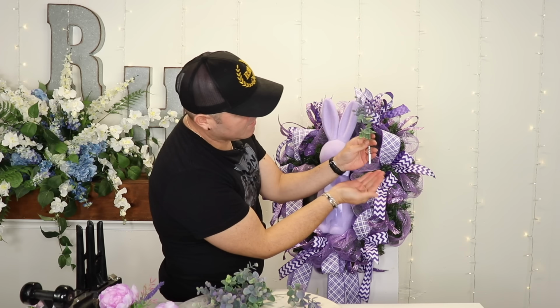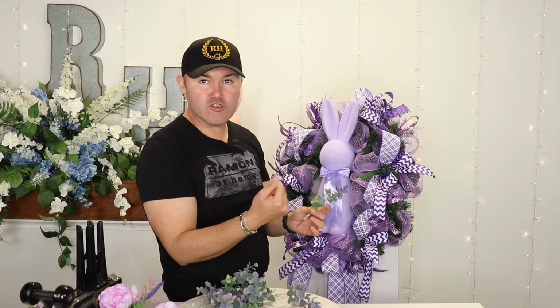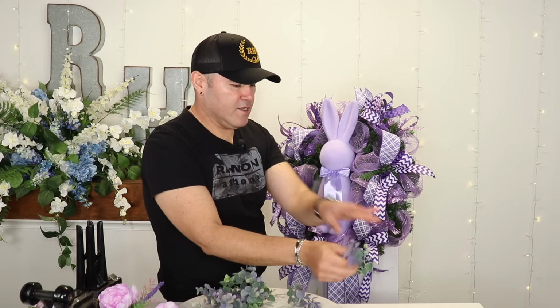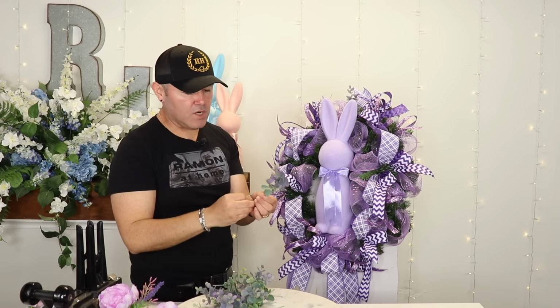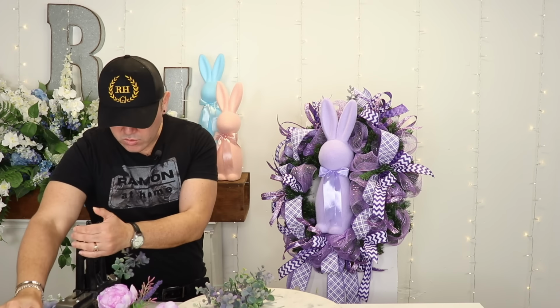I don't know if you guys can see, I put a steel pick. Now I'm going to get my hot glue gun closer to me as well. What it does is the glue will hang on to the steel pick way better. This glue is hot, so I have to be careful not to burn my hands, and also to do a clean drop. Remember, I taught you during the Christmas season